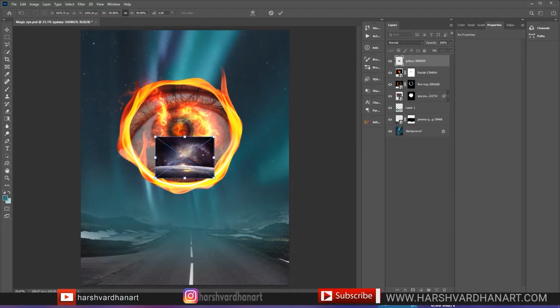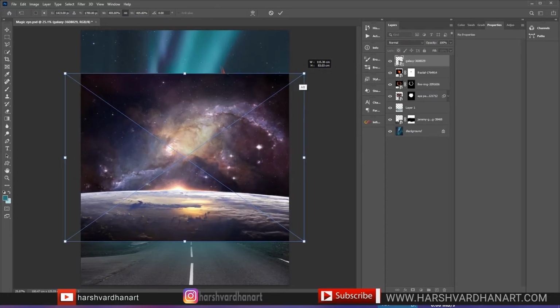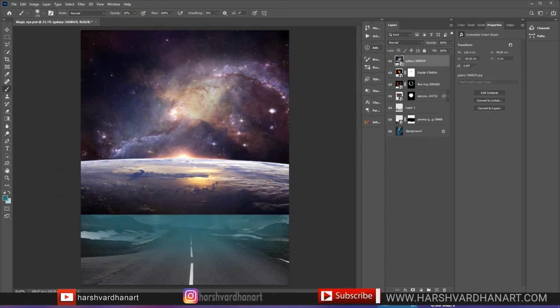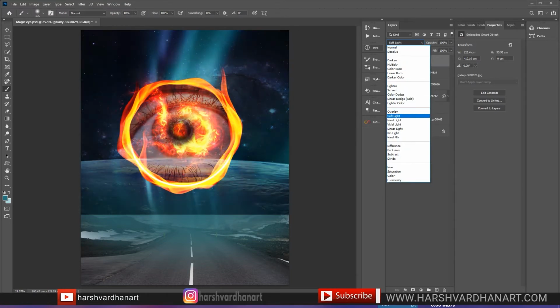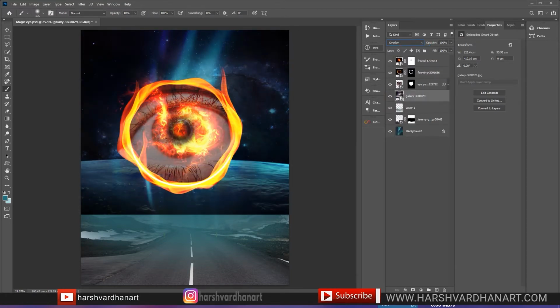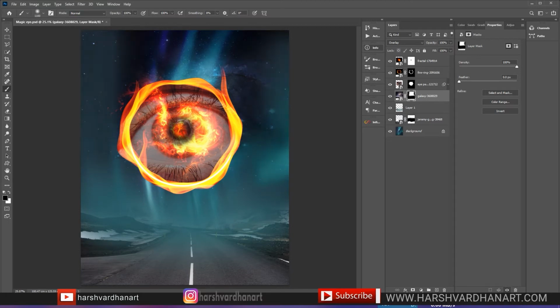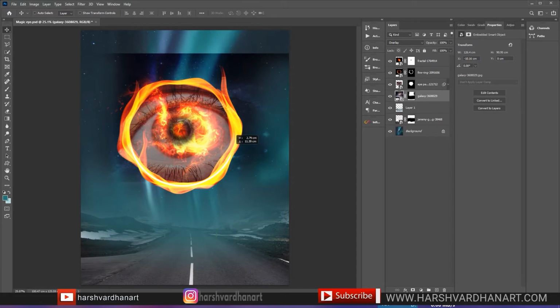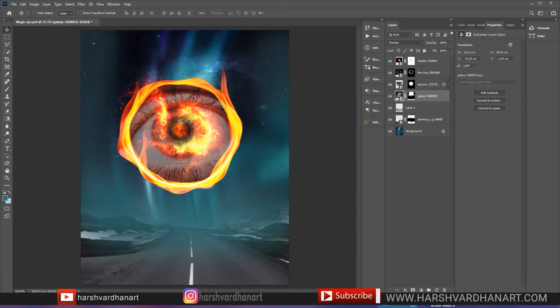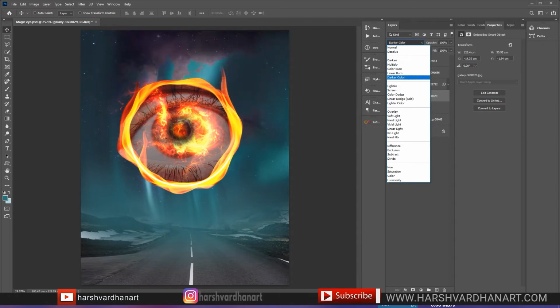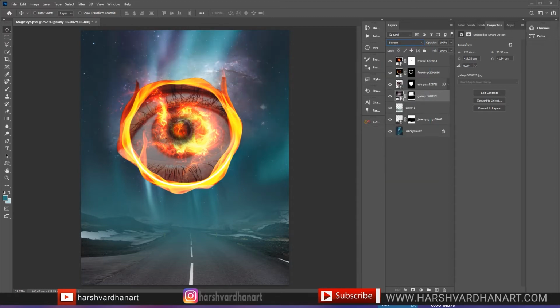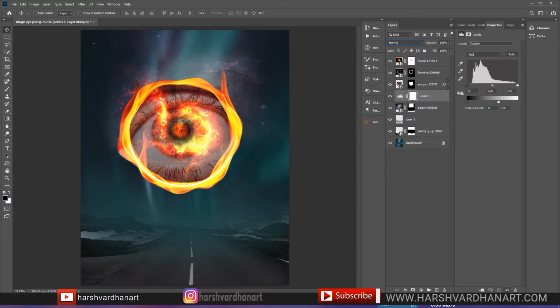Thereafter, I placed one more Milky Way image on the top of it and rescaled it to fit within the canvas, and changed the layer blend mode initially to overlay, and then I placed it underneath the eye, and then I removed the hard edges or the rest of the edges with the help of the brush tool. And then later on, I decided to change its layer blend mode to screen because that was looking much better. Since the background was too bright, I darkened it with the help of the levels adjustment.